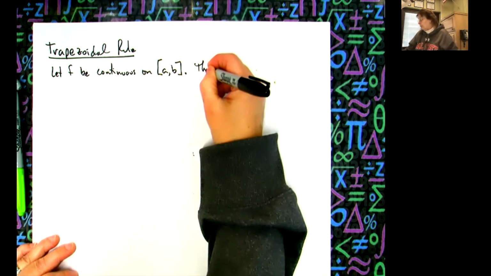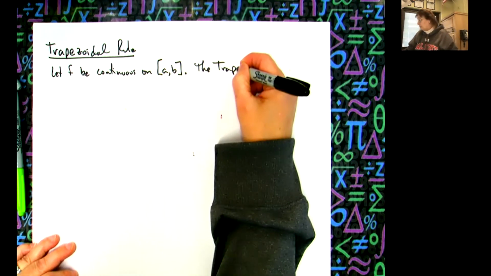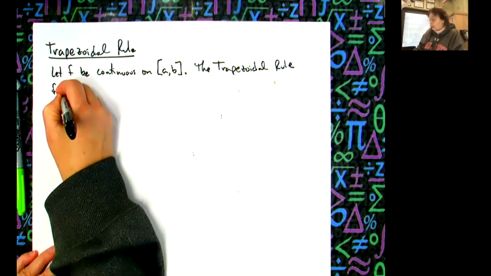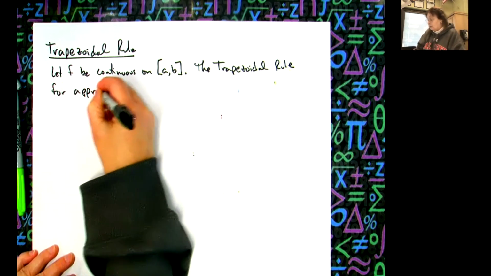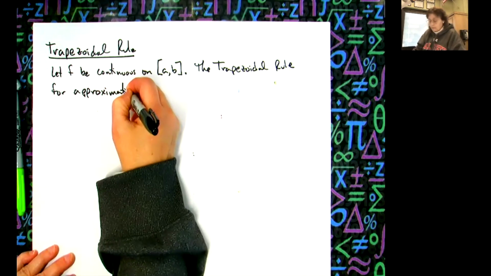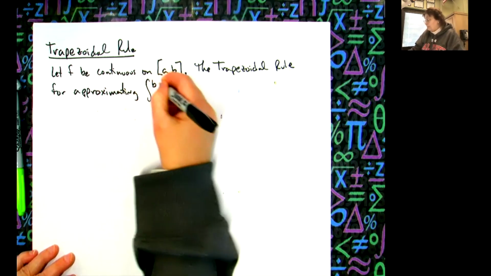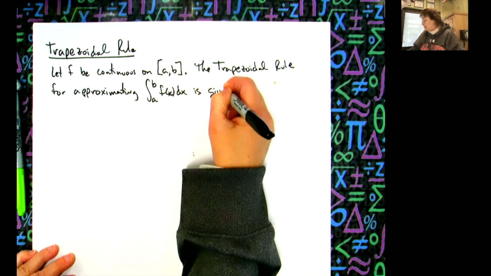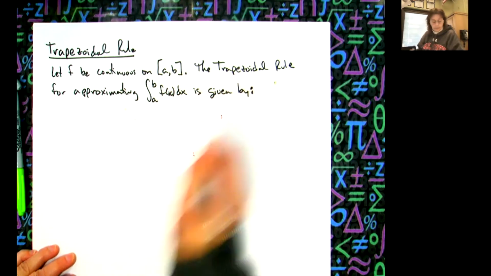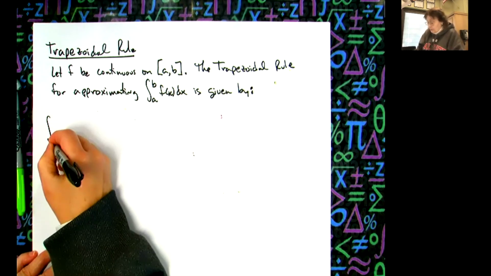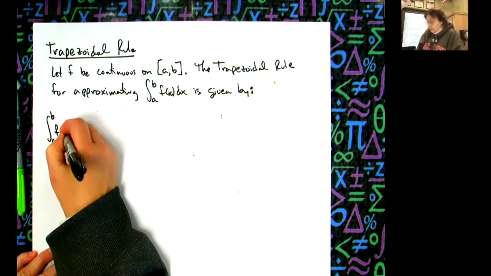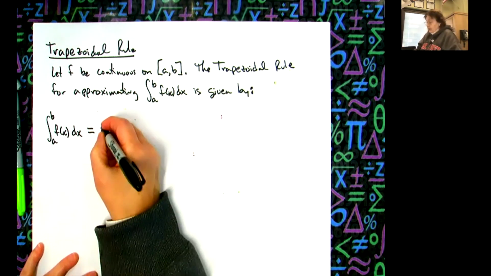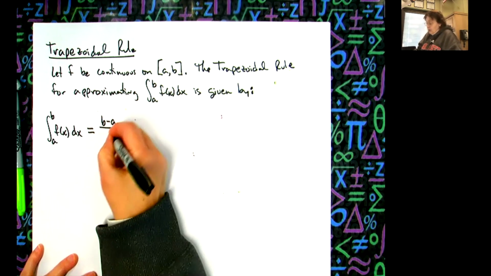The trapezoidal rule for approximating the integral from a to b of f of x dx is given by the integral from a to b of f of x dx is equal to (b minus a) over 2n